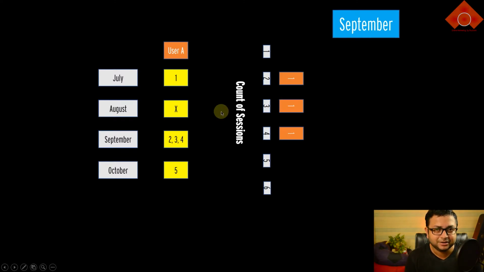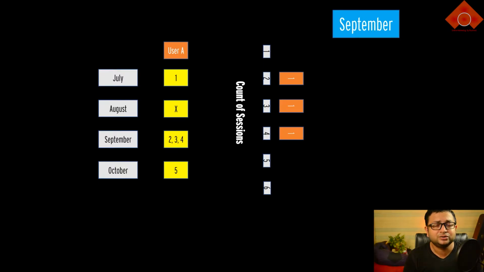But that doesn't happen. This is related to not the aggregate number of visits, but the counts of the visits, okay? So if the user visited the second time in this period, there will be 1 mark in the second block over here, okay? And if the user visited the third time, you will see another mark over here, and the fourth time you will see another mark over here. So it's not related to the number of total visits, but it's related to the particular count of that visit that the user made, okay?